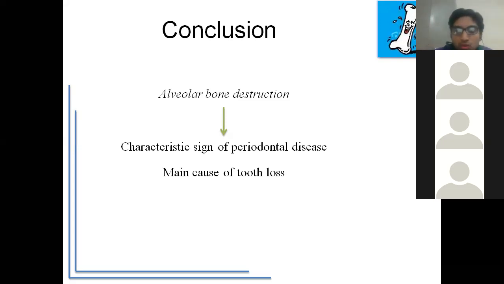And which probe is used to check the grades of furcation involvement? Nabers probe, right? Nabers probe is used to check the horizontal component of furcation involvement. Remember, there are two components: vertical component and horizontal component. The vertical component you can check with the help of your Williams probe, while the Nabers probe is used to check the horizontal component of furcation involvement in Glickman's classification, right? So this finishes your patterns of bone loss.